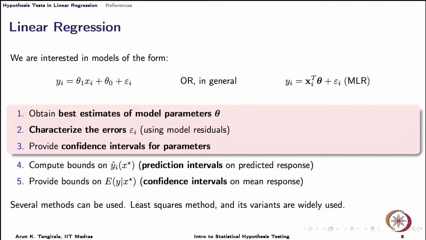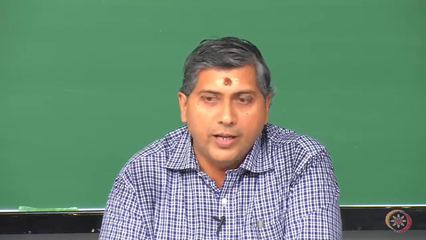Epsilon is an unobserved variable, as I said it is a lumped error. We use so called the model residuals to characterize the errors epsilon. What we mean by characterization is, what is the variability in it, what is the kind of probability distribution that characterizes the randomness in epsilon, and so on. But typically those are the two main characteristics of interest. The variance, we will assume that epsilon is of 0 mean. If it is not, then theta naught would take care of it, so not to worry.